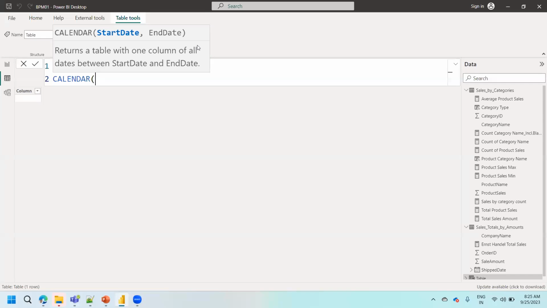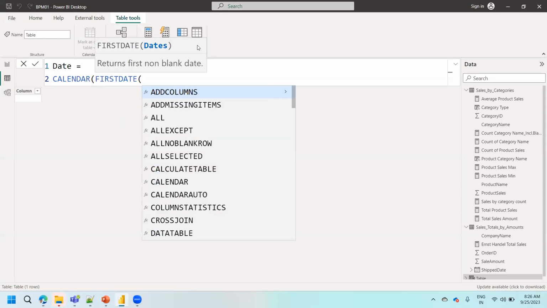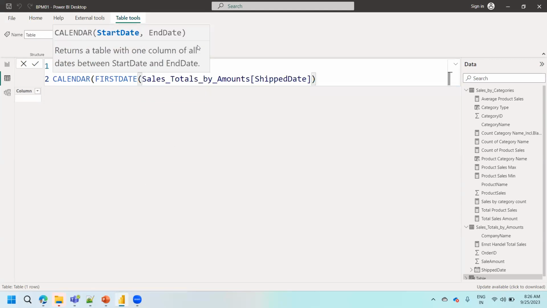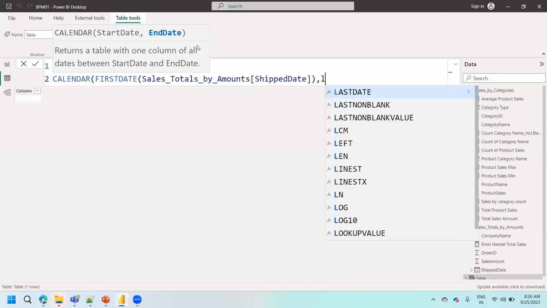I want to fetch the first non-blank date as the start date. I mean, from the shipping date I'm going to take the reference. First, see here, the first non-blank date from the shipping date. Close the bracket, that is my start date. And for the end date, I'm going to call last